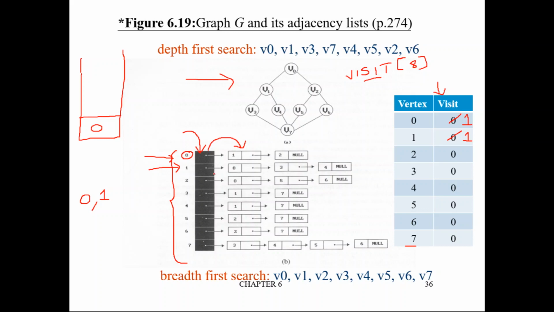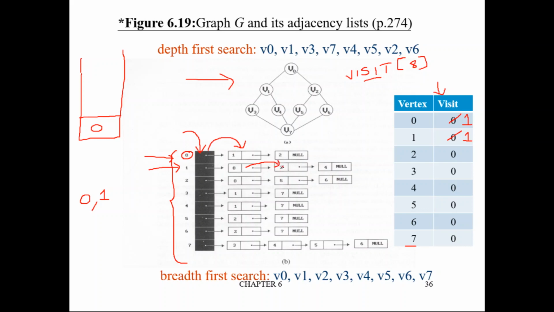Vertex 1. Whenever you jump to a new vertex, you surely might have visited it, because we jump only after visiting. Could you connect it? So before jumping we visited 1, and also we have made this as 1. So here we need not do anything. Just see where 1 is pointing. 1 is pointing to 0. Is 0 visited or not? Yes, it's already visited. If it is already visited, we need not do anything. Just go to the next node in the linked list.